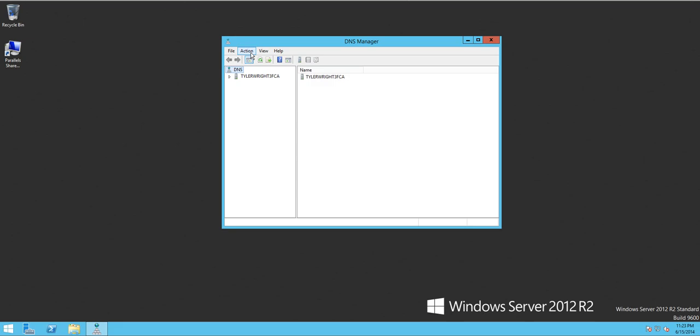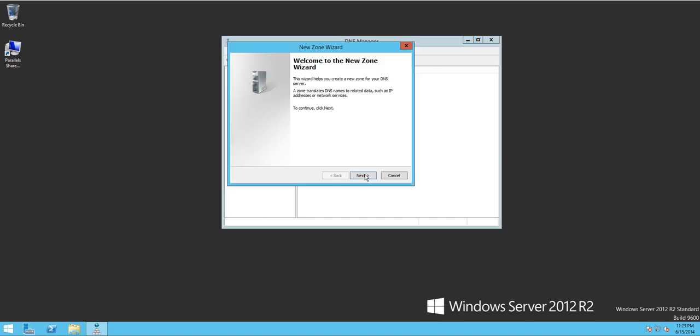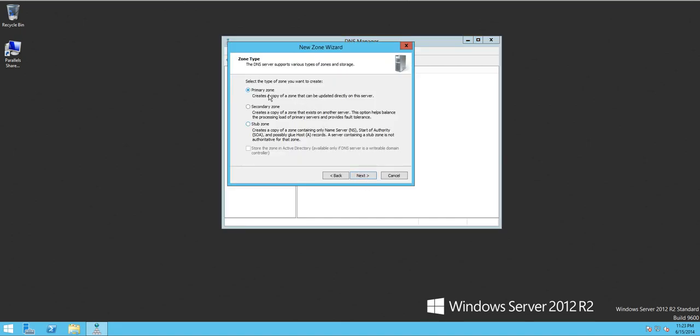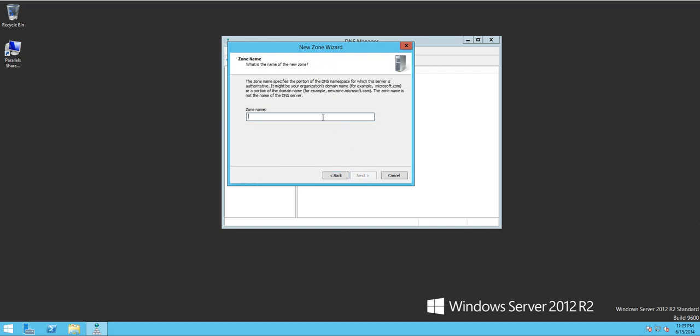But for us, we don't have Active Directory installed, so we're just going to go to Action and, we're going to click on our server. I apologize. Click on your server, then Action, and we're going to click on New Zone. Alright. We're going to set it as a primary zone. We're going to say it's a forward lookup zone. And we're going to call it,